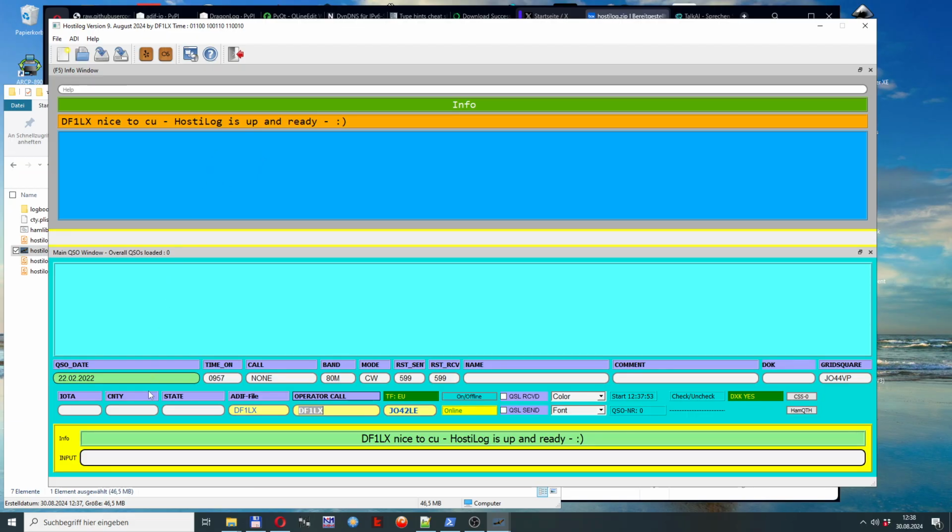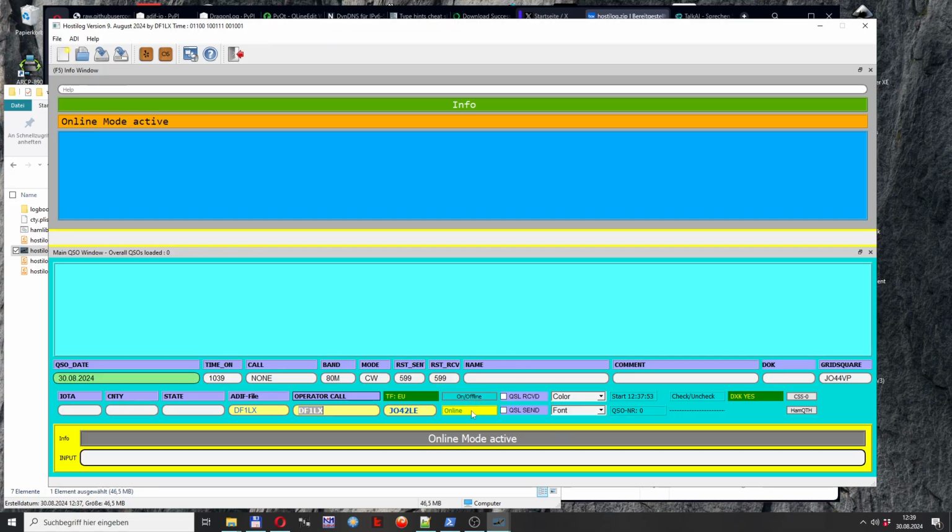So now, how this logging program is working. In other programs, you have to enter everything via the fields. You can do it here too, but it makes no sense. You can work online or offline. Online it will take the real date and the time in GMT. For example, I'm now on 80 meters in CW, but now I'm going to SSB. I go to 40 meters and I work there